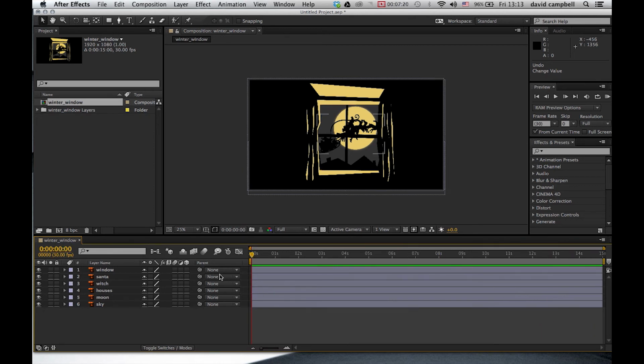If we were to alter one of these so that they sort of appeared or disappeared, so let's say we don't want the witch to appear until 4 seconds, so we scroll the playhead along and you can see the time here. Sometimes it can be a bit challenging to actually get an exact time,